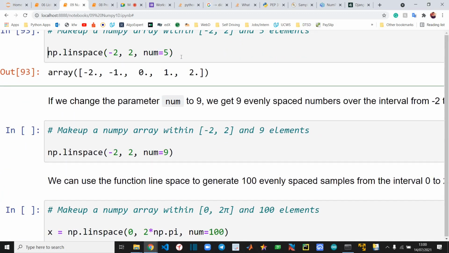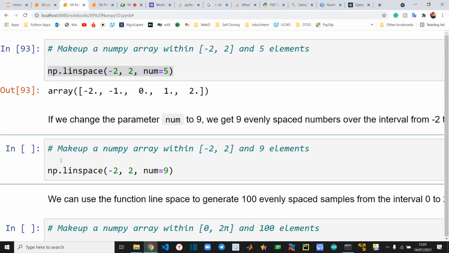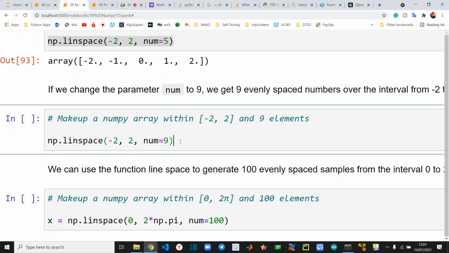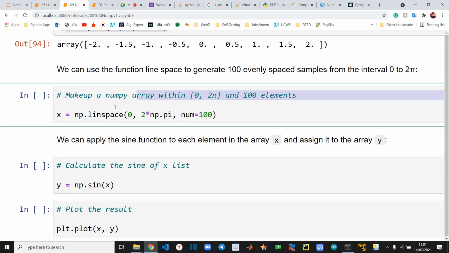If somebody has worked with MATLAB, you can see that NumPy works like MATLAB here. The functions that MATLAB has, NumPy also has. NumPy is a mathematics library for working with mathematics in Python, similar to that. Although it cannot do all of those things alone, MATLAB is very powerful. I showed you this: you can generate linearly spaced numbers, in this case 9, and you can do something like this.